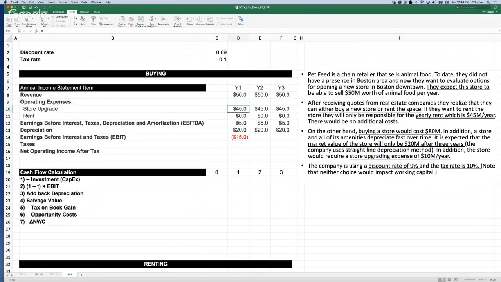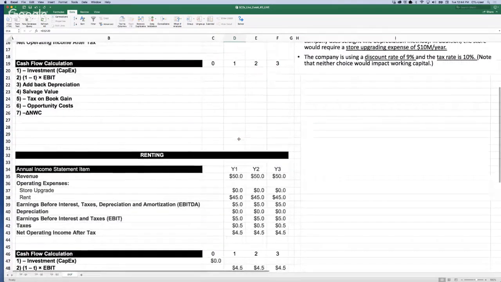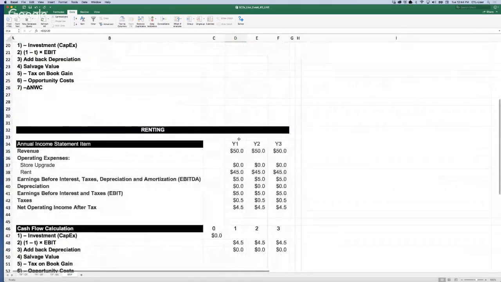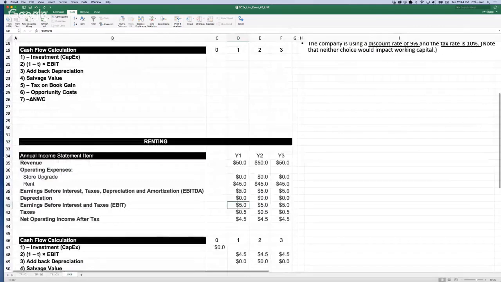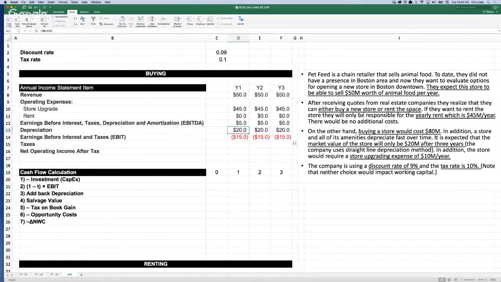Oh, sorry, I think I made some mistake here. Let me see if I'm using the right numbers. Oh, sorry. Yes, I put in the wrong value for the upgrade. This is supposed to be 10 million.